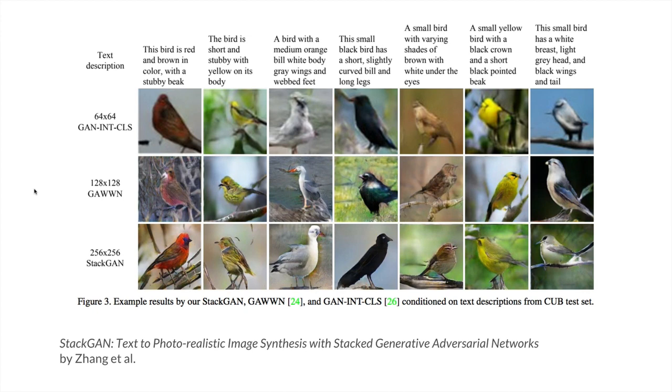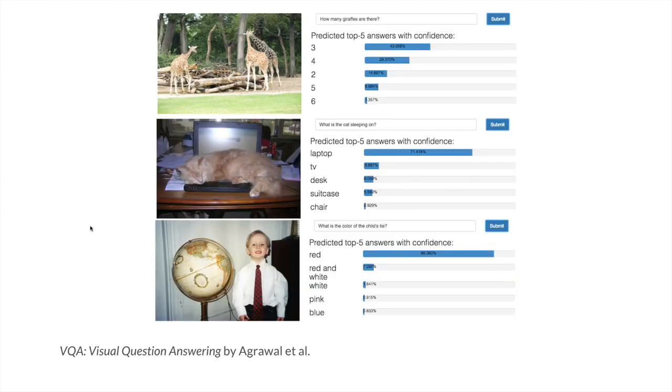Here's also a really neat example, published pretty recently. It's called StackGAN, and GAN stands for Generative Adversarial Network. This is doing the inverse of what we saw just a couple of slides ago. Instead of going from an image and generating text, this is generating an image from text. You give the StackGAN a text description, and it'll generate a picture. You can see some of the text descriptions that people have given, and some of the images that have been generated. This last row is StackGAN's result, and some of these look pretty realistic. Again, this is one of the cool things you can do with artificial intelligence.